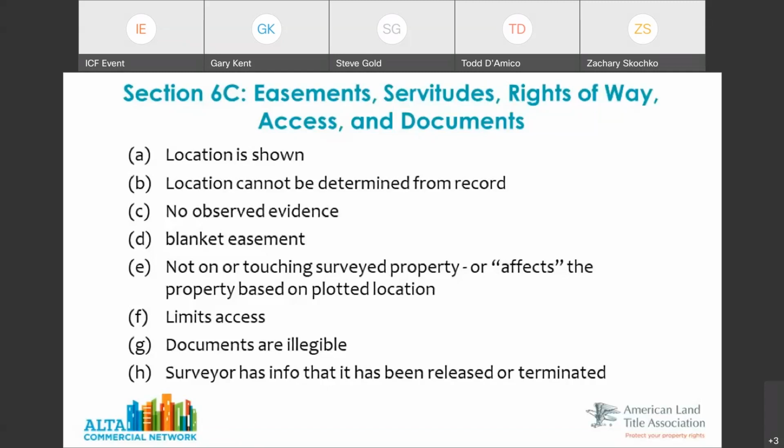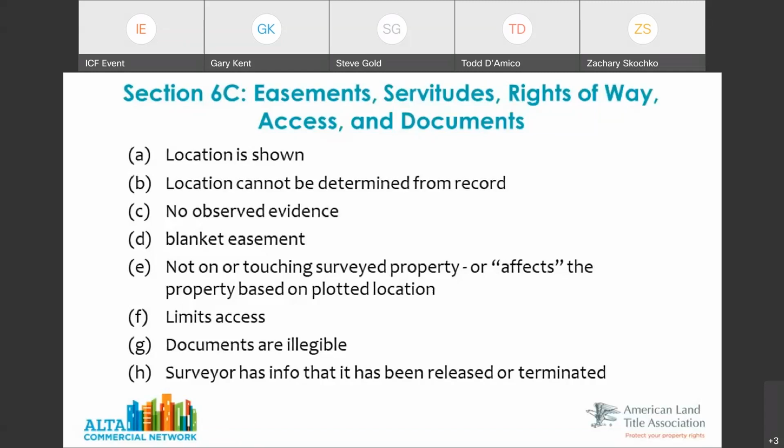It's important to know that in some cases, a surveyor may interpret and review the legal description contained in an easement document, and to the best of their ability, have to make a statement like D here on this slide, that it's blanket, that the easement itself is blanket over the subject property. If that's a pipeline easement or a power line or something, that may not be the best answer for the transaction, but that may be what the document shows today.